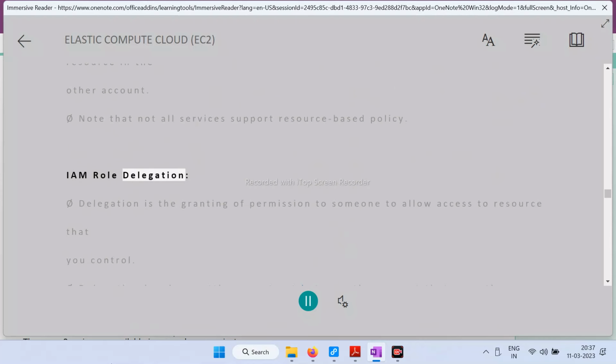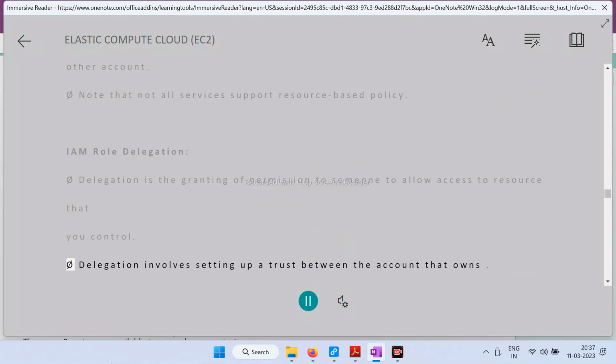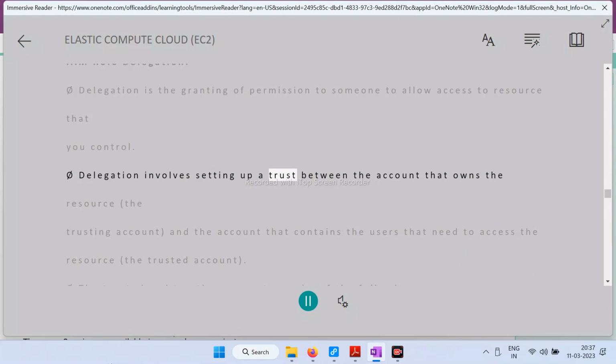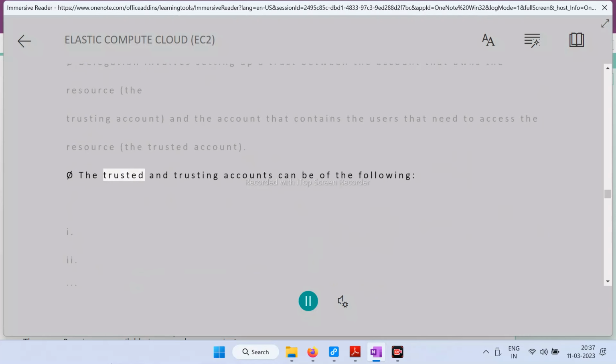IAM role delegation. Delegation is the granting of permission to someone to allow access to resource that you control. Delegation involves setting up a trust between the account that owns the resource, the trusting account, and the account that contains the users that need to access the resource, the trusted account. The trusted and trusting accounts can be of the following: